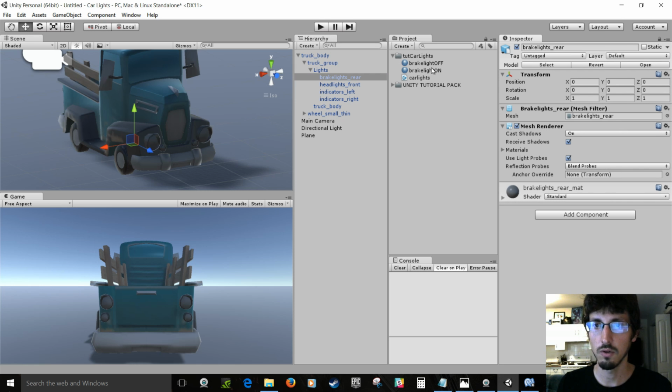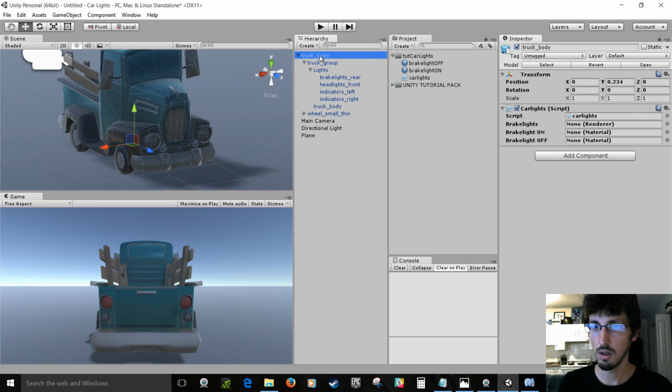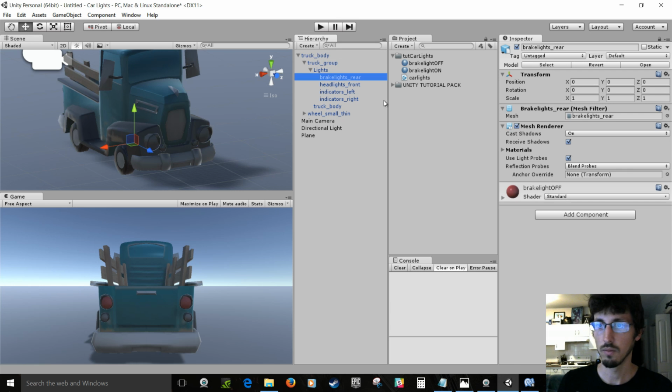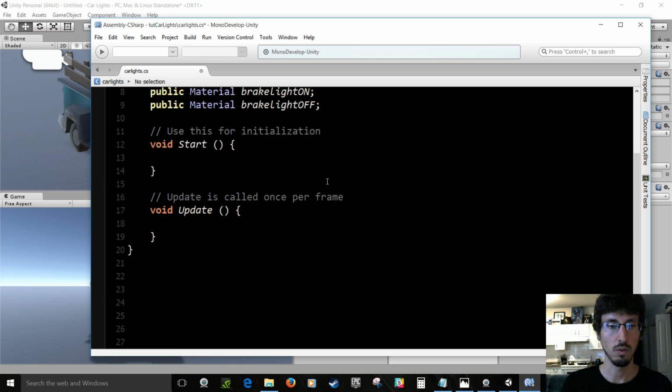So by default, let's just drag our brake light off material onto it, so they're red on here. And on the truck body, we'll drag our brake lights rear onto brake lights, so now it's linked to that material. And then we'll drag our materials onto brake light on and brake light off. So now we're going to swap the material. So we're going to go to this thing right here, and we're basically just dragging these lights onto it with code. So back in the script, then we'll go down into the update, and we'll